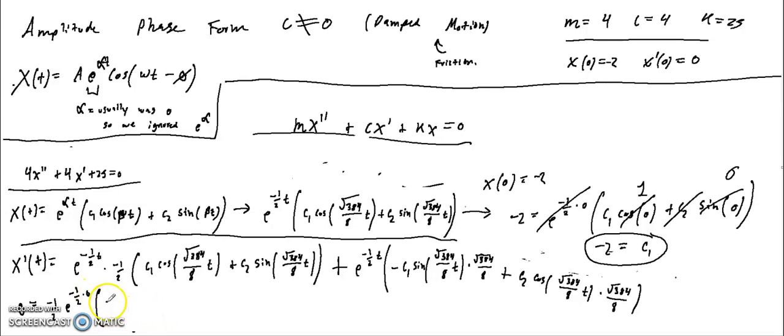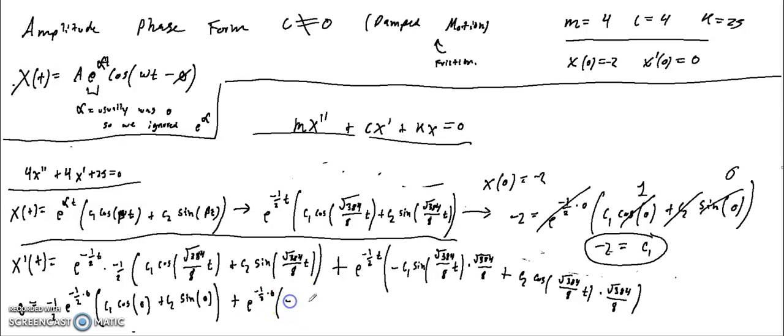All times c1 cosine of that times 0 is just 0, plus c2 sine of that times 0 is 0, plus e to the negative 1/2 times 0. Now this just cancels out to 1,